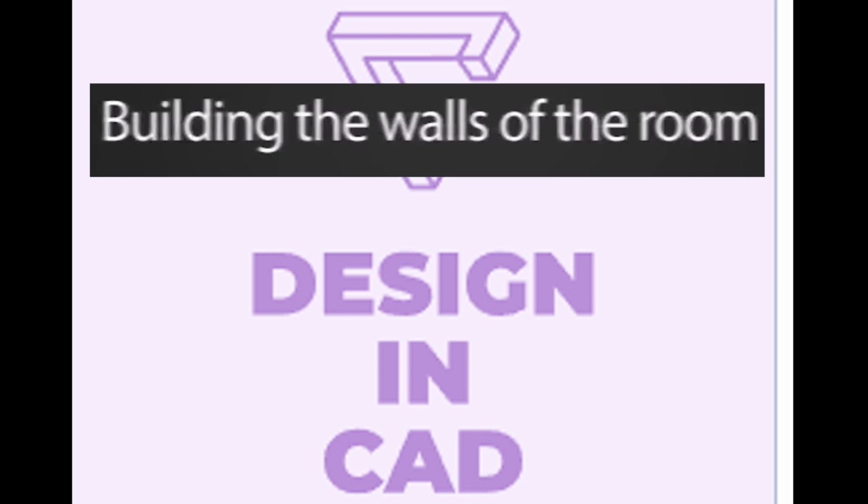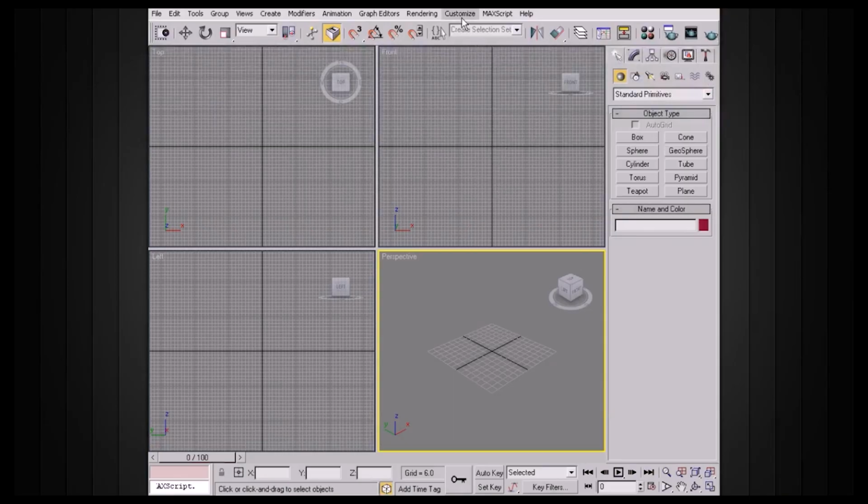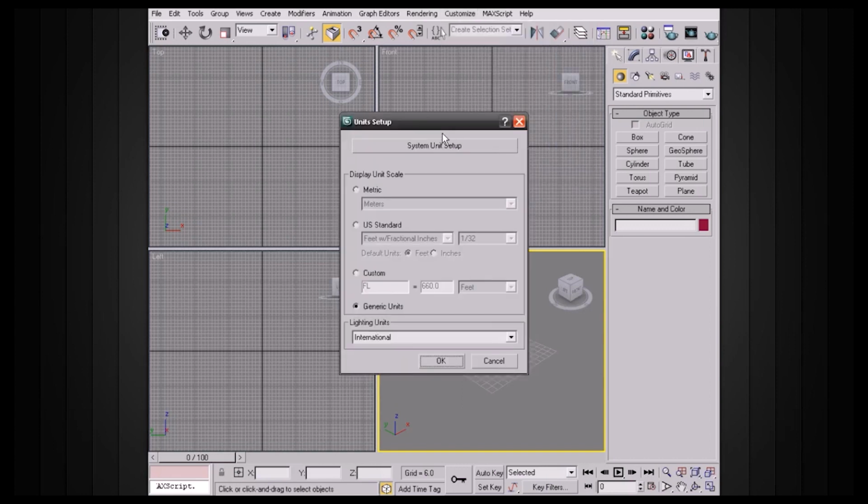In this lesson, let's set up the units that we're going to be working with in our project and also start to build the walls of our living room. So before we actually get started building any geometry, let's go ahead and set up the working units that we're going to be using. Now I'm going to go to Customize Unit Setup,